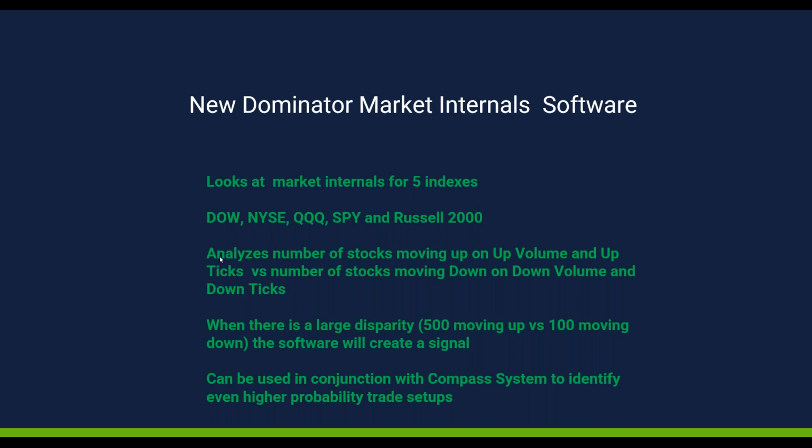And then it's looking at each one of those indexes, and it's analyzing the number of stocks moving up on up volume and upticks versus the number of stocks moving down on down volume and down ticks in each one of the indexes. So you've got 5 different indexes that are being analyzed. Then it looks at the total overall number of stocks moving up on up volume and up ticks versus stocks moving down on down volume and down ticks, and makes a decision as to whether there should be a buy